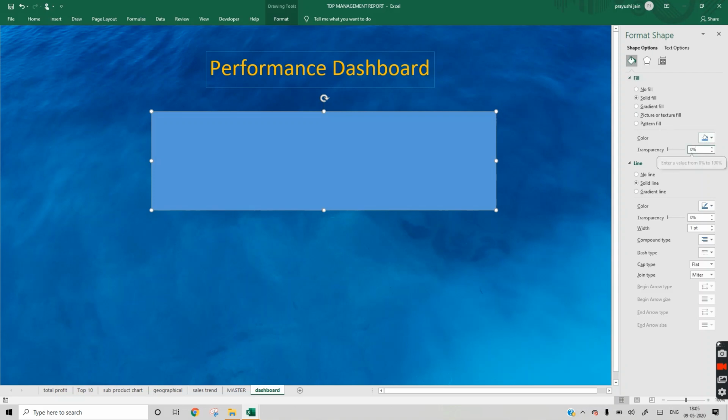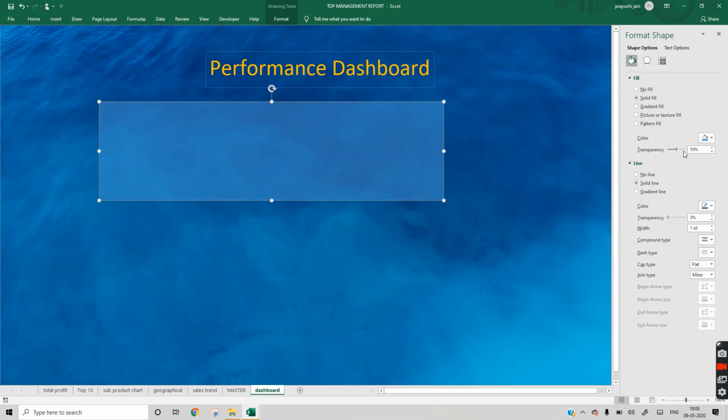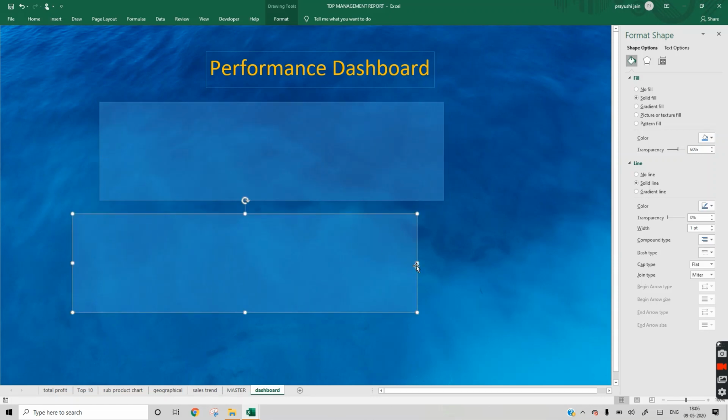Now select transparency to 50 maybe. It will create a very nice effect in the dashboard, or maybe 60. 60. Okay. We have 5 charts, so I will copy paste 5 times.